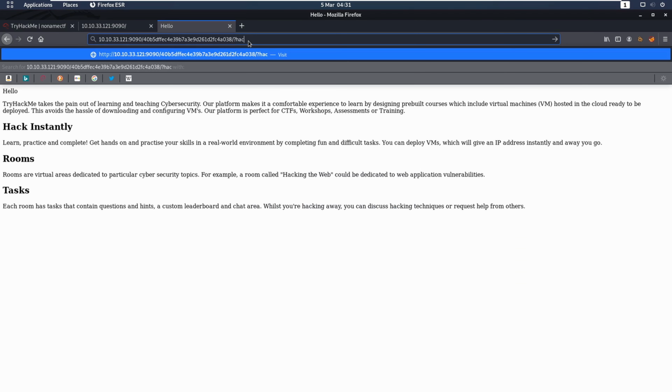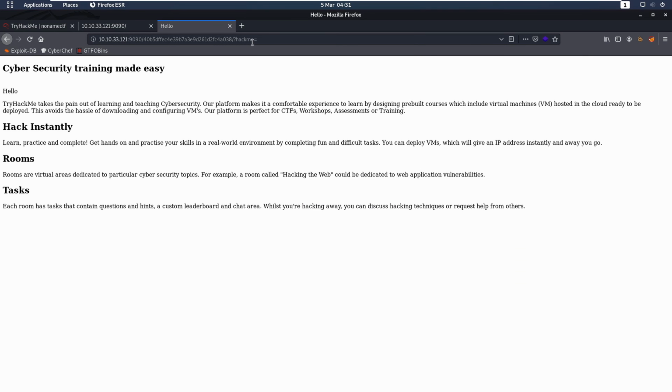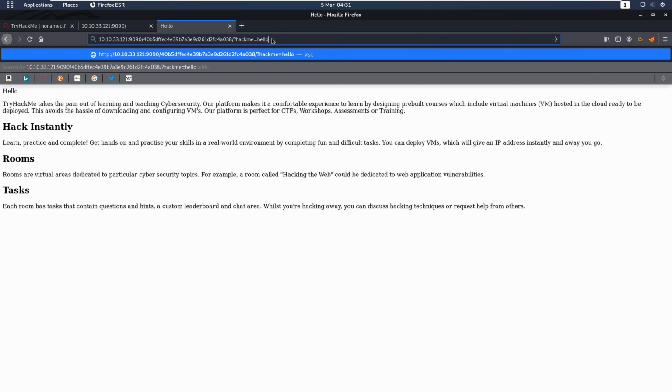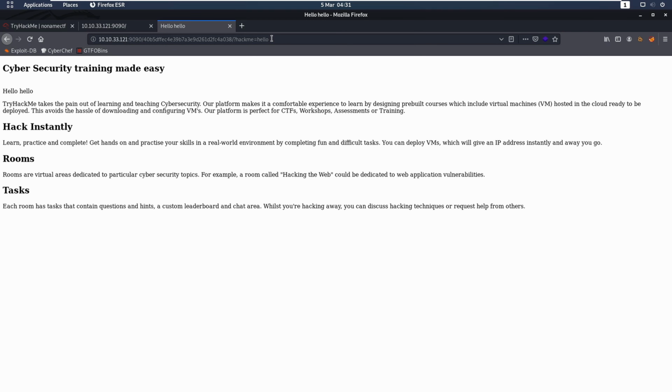If we put Tryhackme here, it does an error. So can we check for here? This is actually a prime example of server-side template injection. Anything we put here is going to be reflected in the site. And for those of you that aren't familiar with server-side template injection, the normal